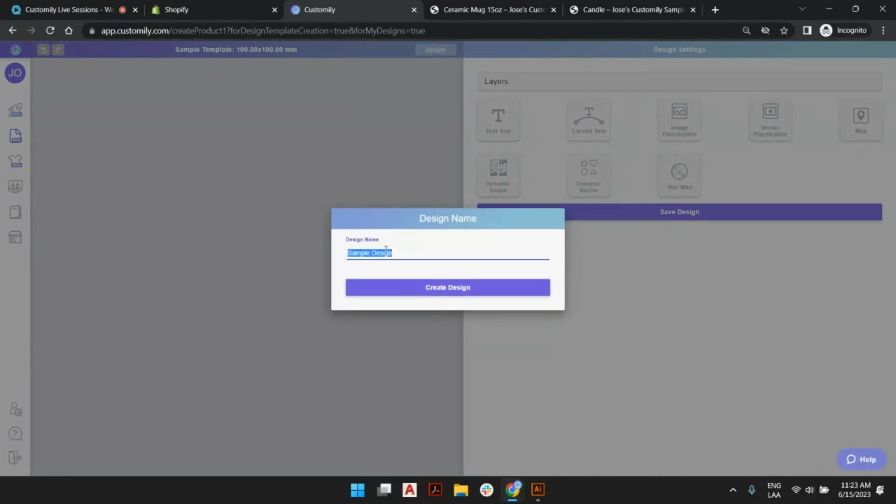So we're going to call this the live session I wish mug. Okay, very important. If you're going to be creating a design for a mug, the name of the design needs to have the word mug. Why? Because Customily will protect your own designs from going into a mug in any POD, because, like I said, mugs